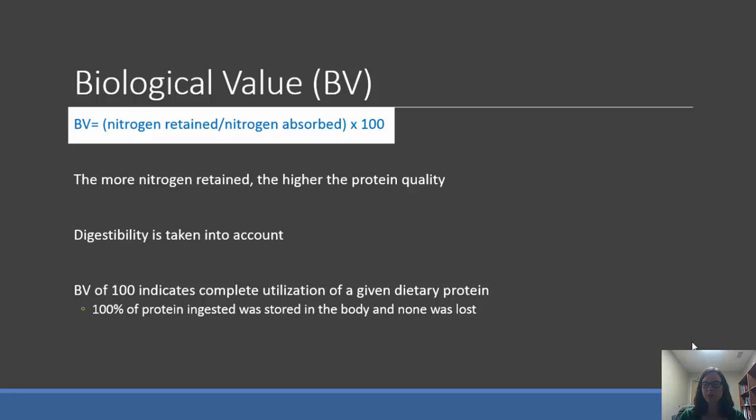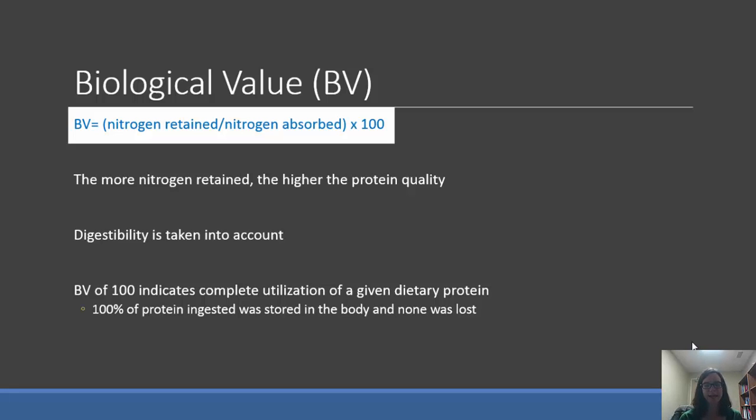And then we have the measurement of biological value. So this is given as the amount of nitrogen that's retained in the body for maintenance or growth, divided by the amount of nitrogen that's absorbed from that protein. So how this test